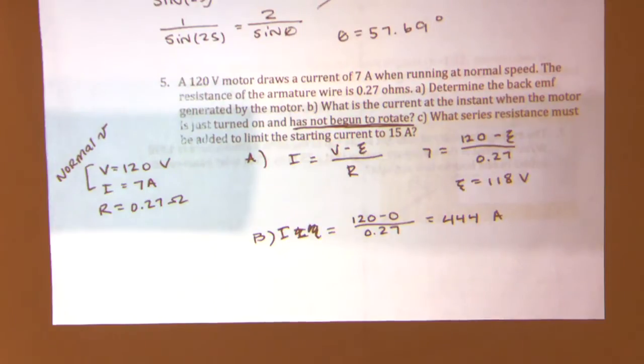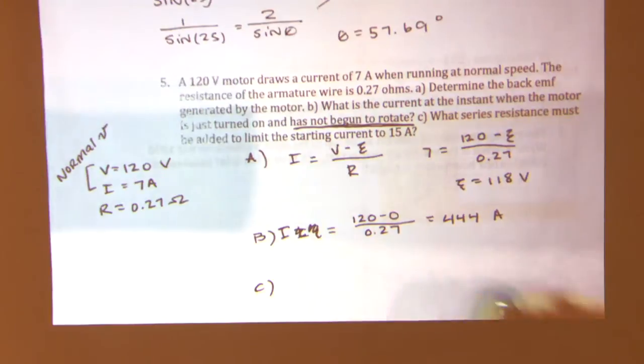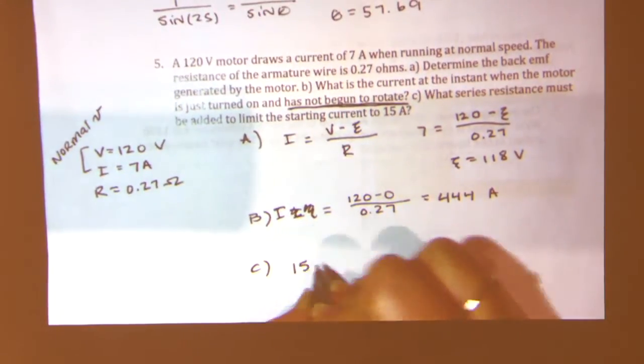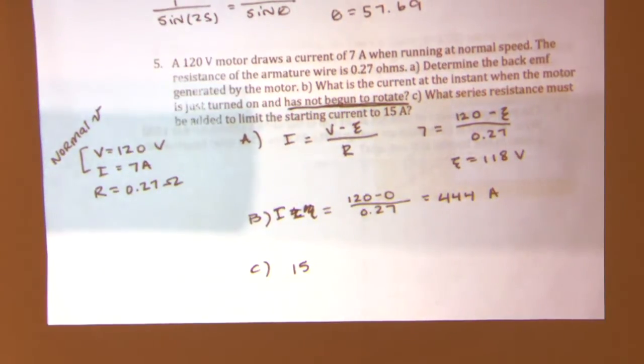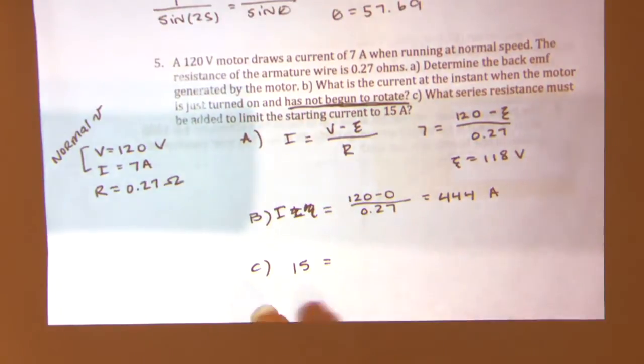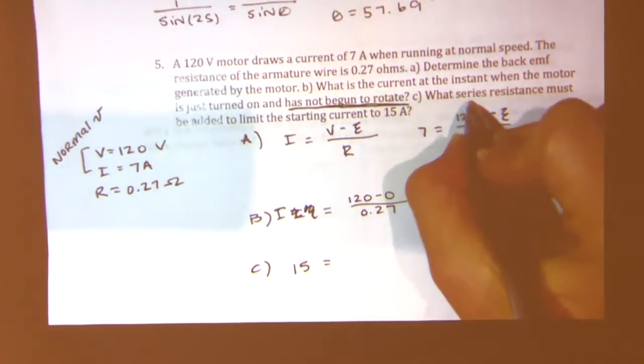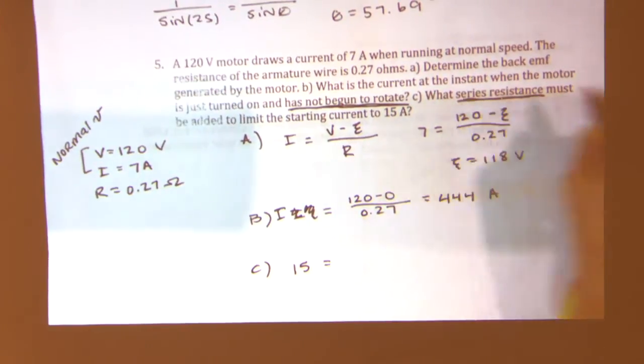And the last question for this question: what series resistance must be added to limit the starting current to 15 amperes? So now we have a new current that we want to test. We're really going to be using the same exact equation, but now we're going to be looking at 15 amperes. When this says what series resistance, that's giving you a hint